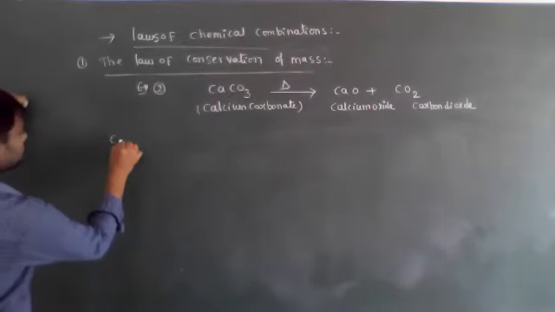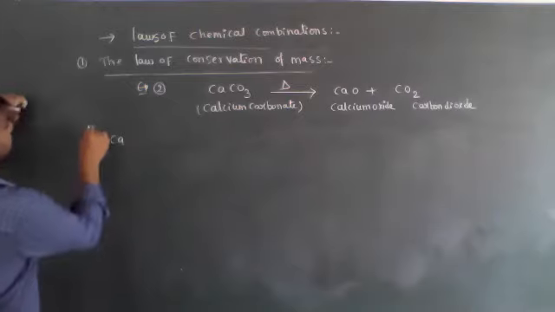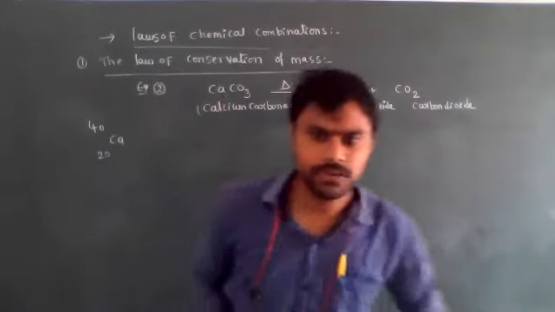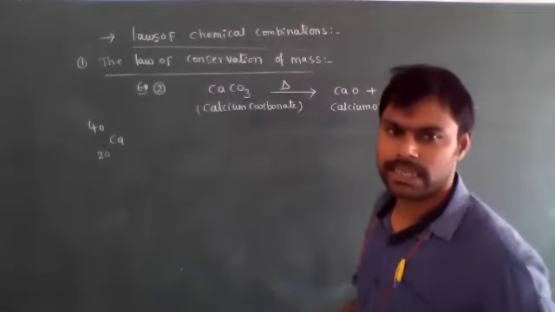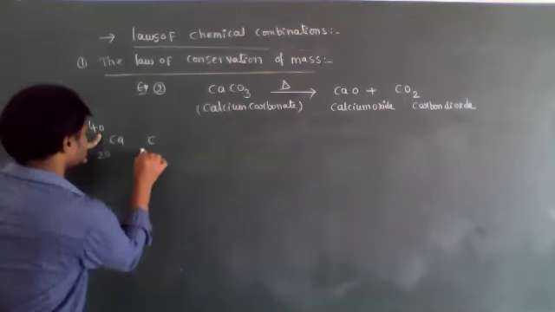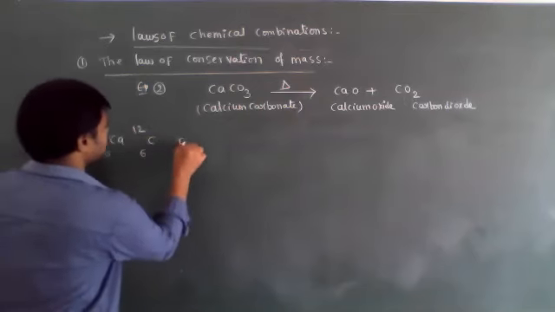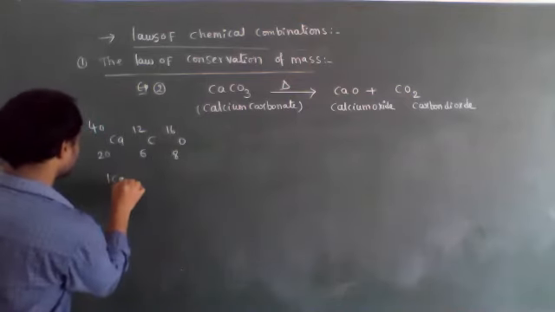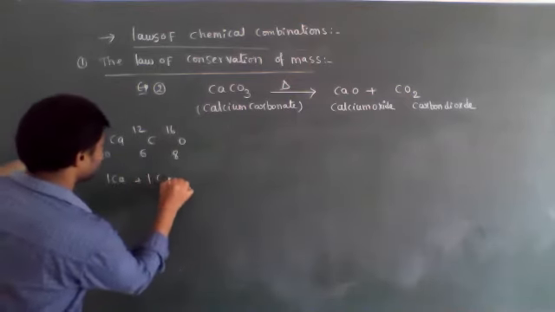Calcium atomic number is 20, atomic mass is 40. 94 not ma, 100 will come. See, once again you check. Calcium 40, carbon 6, 12, oxygen 8, 16. So one calcium atom plus one carbon plus